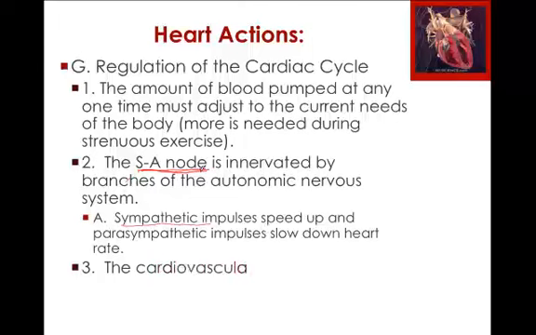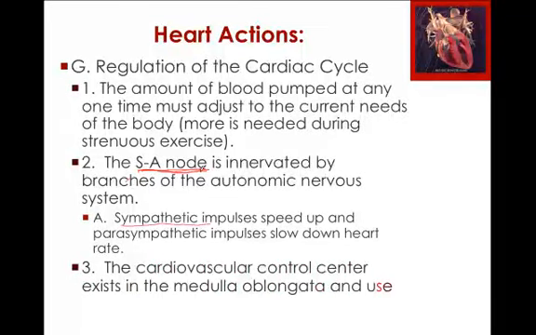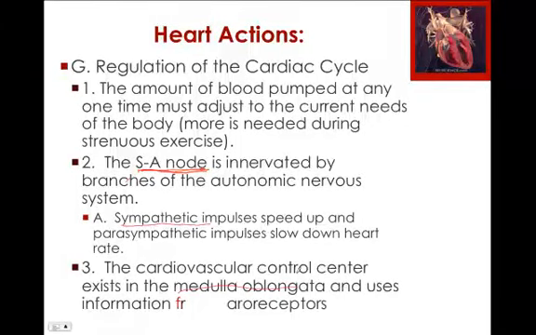And then remember that the cardiovascular control center exists in the medulla oblongata. And so it is going to use information from what are called baro